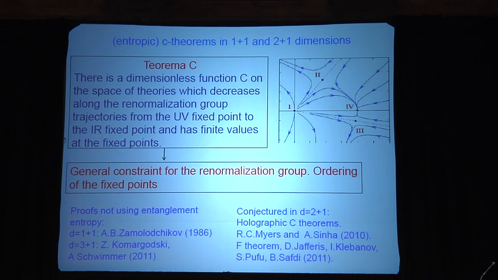It was conjectured in 2+1 dimensions by Meyer and Sinha studying holographic C theorems, where the quantity that plays the role of the C is the constant term of the entropy on a circle, of the vacuum entropy in a circle. And independently, it was conjectured by Jafferis, Klebanov, Pufu, and Safdi in 2011,